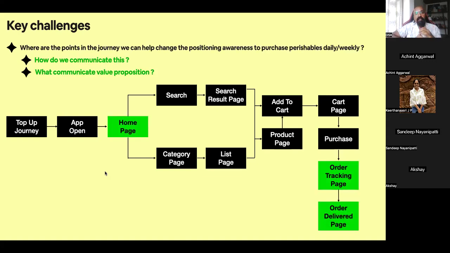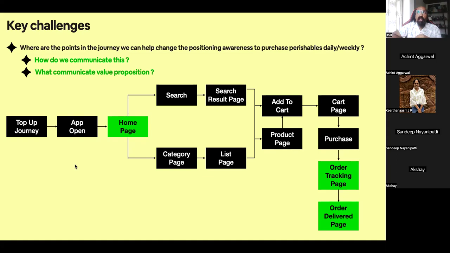In that context, the first question that I then have to ask is, well, how do I communicate this? And the second question that you want to ask then is, what is the value proposition that you communicate? And the third is, where are opportunities for me to communicate it? So in this case, given that the user is coming to do their top-up journey,